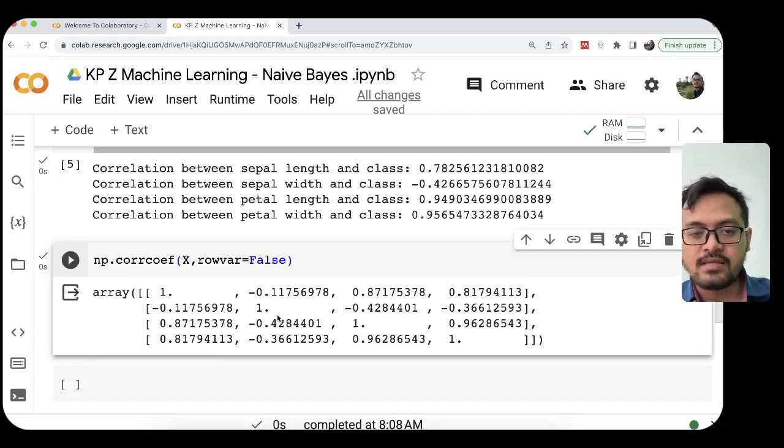As you can see, the third column is the highest, meaning it is the feature that has the highest correlation with other features.